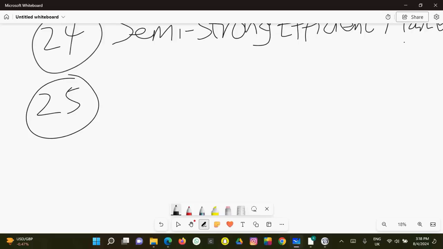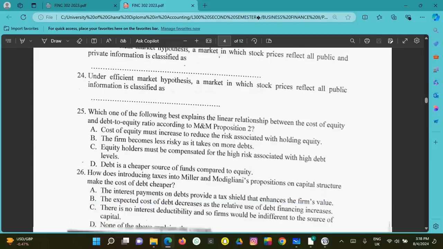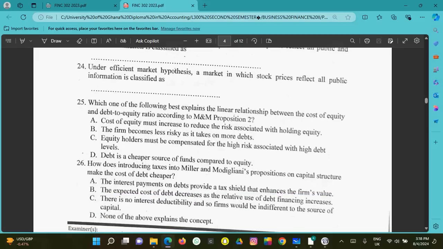All right, so 25. Which of the following best explains the linear relationship between the cost of equity and the debt to equity ratio according to MM2? It is Modigliani and Miller proposition 2, right? So the answer here is C: equity holders must be compensated for the high risk associated with high debt. That's why